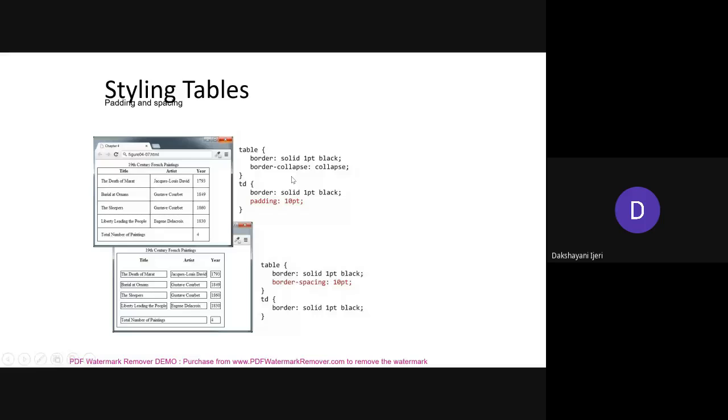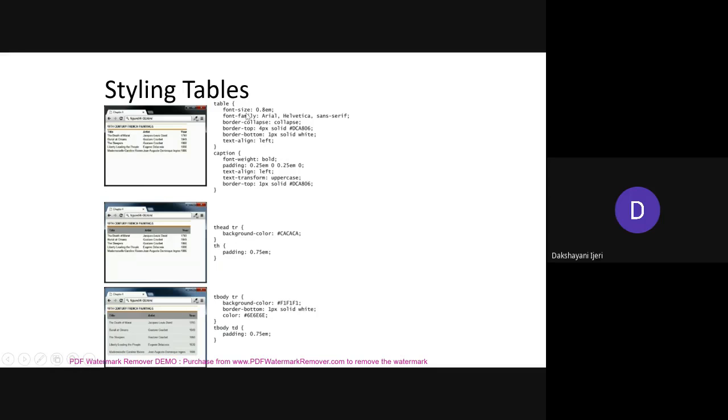Some more properties that you can take here is the padding property. I already told you the difference between using margin and padding. Padding is where we tell what the space should be between the content and its cell. So this is the space you define to say how much space you want to put between the content and its respective cell. If you take it for the TD, then all the TDs that you use within the table are going to have this padding property applied. One more property you can see here is border-spacing. So the space between the borders, each line, is going to be 10 points.